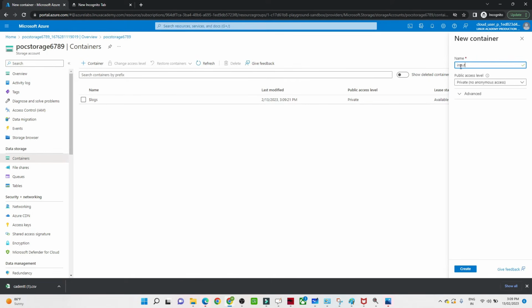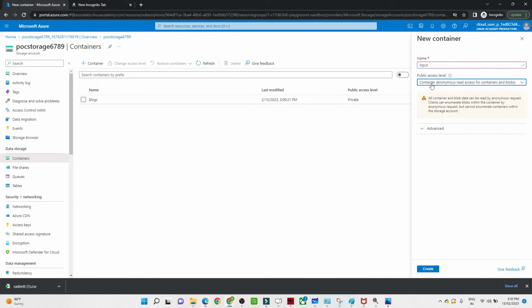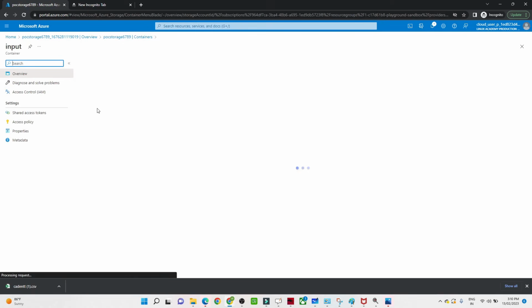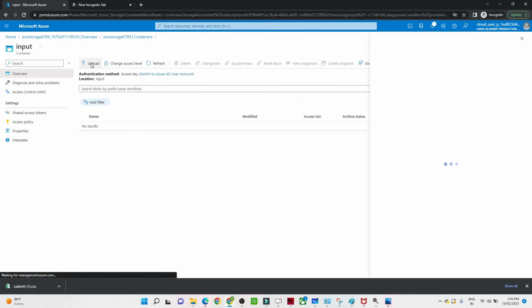As of now I am creating one container, input container, and we can give an access level. You can give private, blob level access, or you can give public access also. I have given the public access as of now, but make sure you give private and other access. Just for the testing I am doing this, that's why I selected that access. Click on the input, click on the upload,